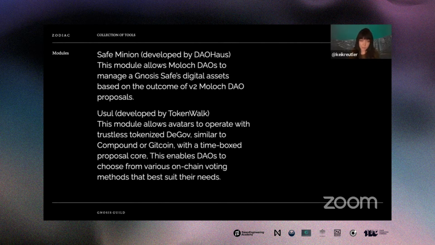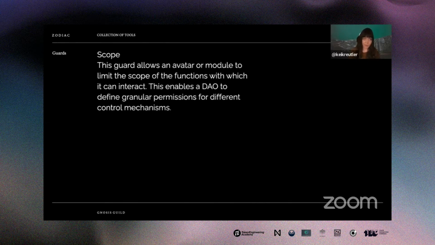This enables DAOs to choose from various on-chain voting methods that best suit their needs. And there's also Scope, which is a guard that allows an avatar or module to limit the scope of the functions with which it can interact. This enables a DAO to define granular permissions for different control mechanisms.